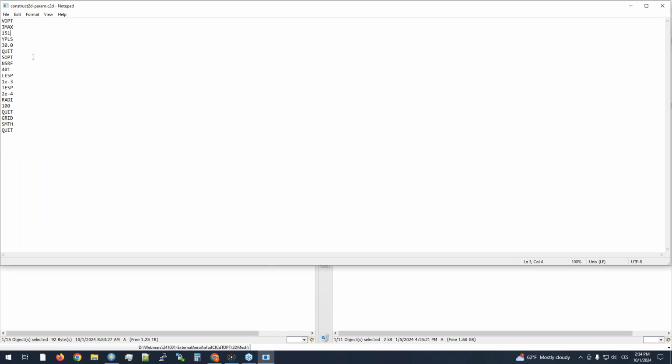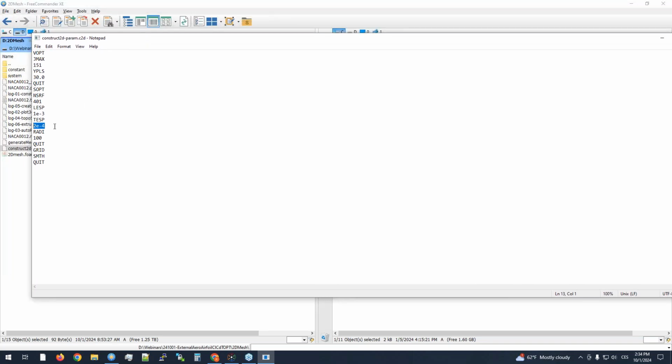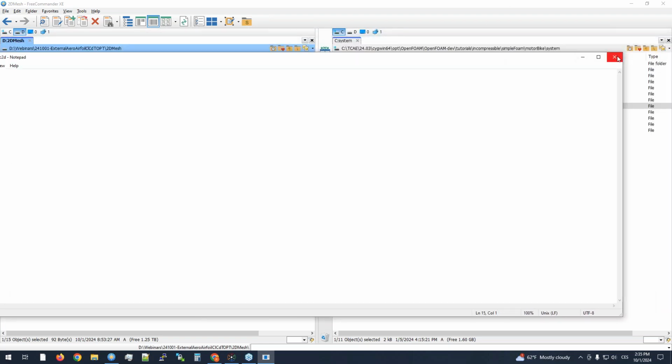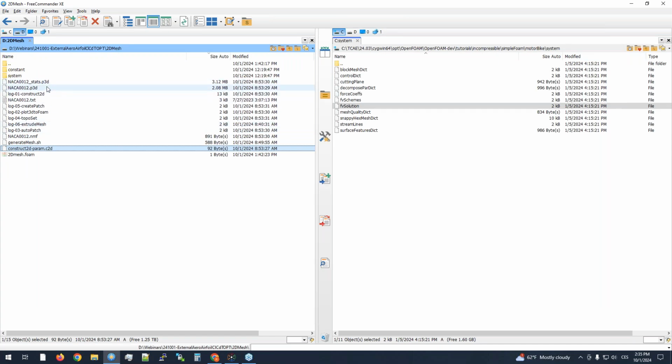Basically, you define how many points will be divided along the surface and in the normal direction from the surface, whether you like to use an O grid or C grid, some kind of spacing or expansion ratio to the leading edge or to the trailing edge, the dimensions of the whole flow domain, and many other parameters,